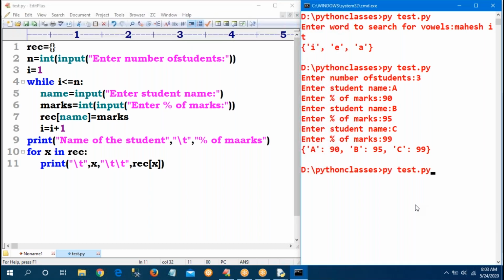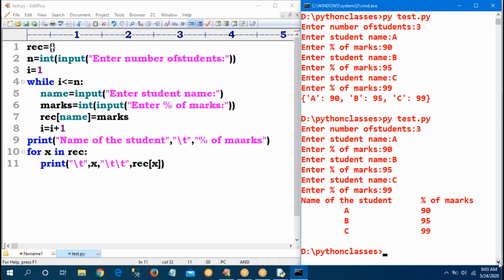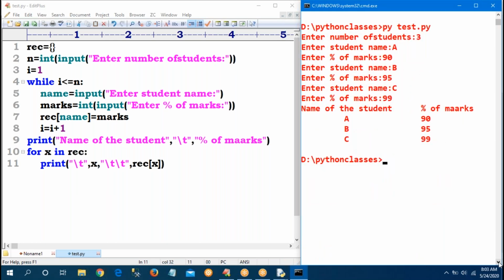Now run the program. How many students? 3. A 90. B 95. C 99. See that? Name of the student A, B, C. Percentage of marks 90, 95, 99.